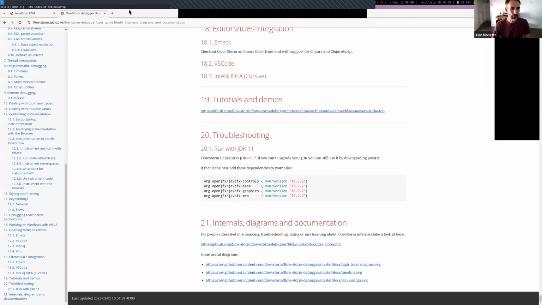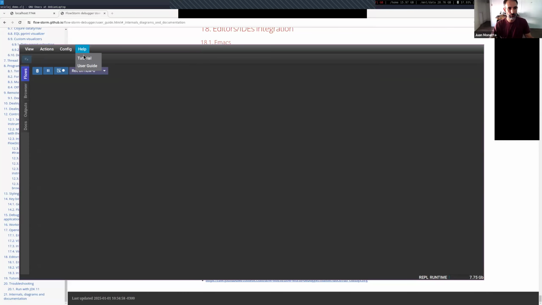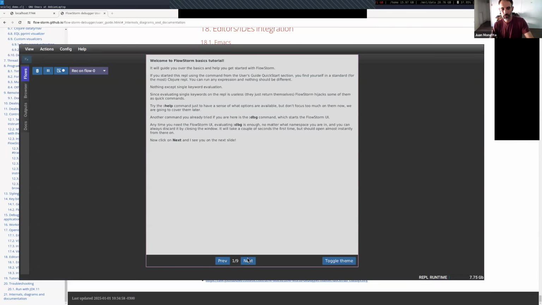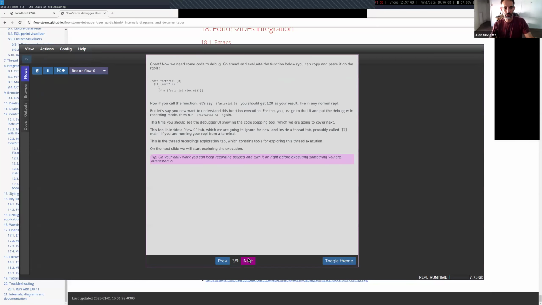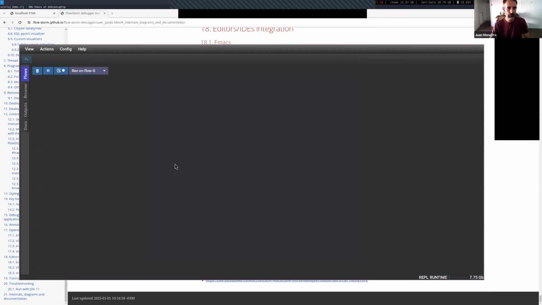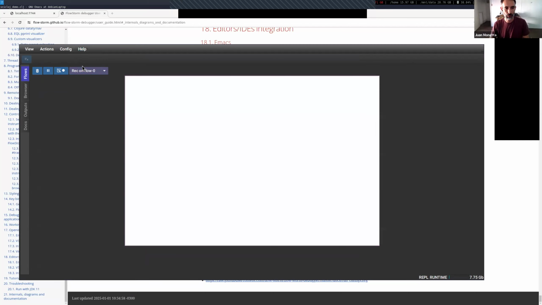Well, there are a bunch of other things I didn't mention, like FlowStorm contains a tutorial inside. So if you go here, from Help, Tutorial, it will add a tutorial that you can follow to learn about a bunch of the basics. There's also a link to the user guide here that you can also open inside